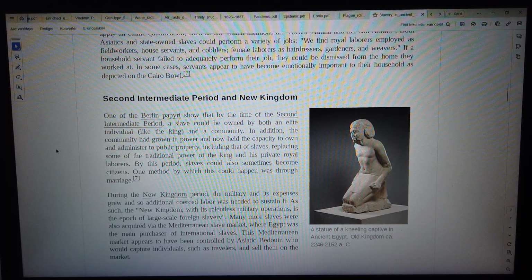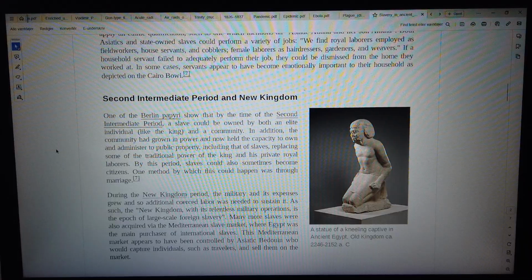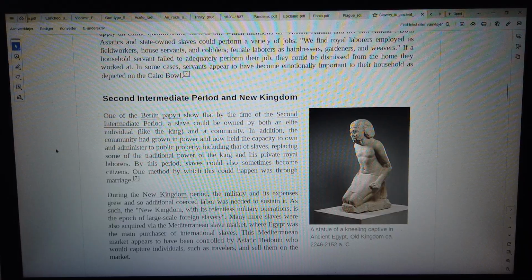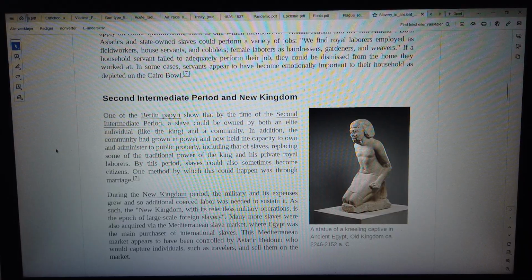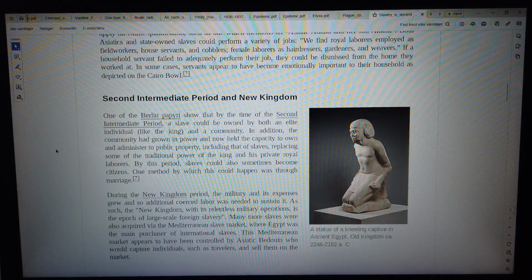Second Intermediate Period and New Kingdom. A statue of a kneeling captive in ancient Egypt, Old Kingdom, circa 2246-2152. A cone of the Berlin Papyri show that by the time of the Second Intermediate Period, a slave could